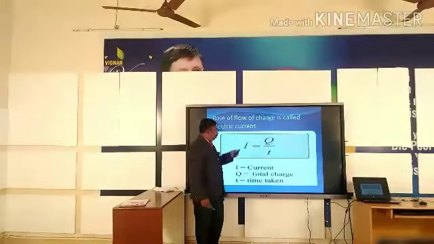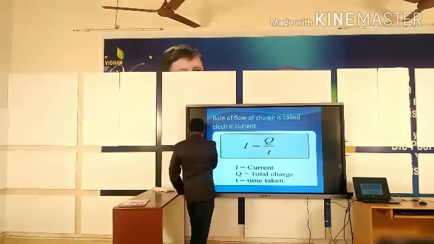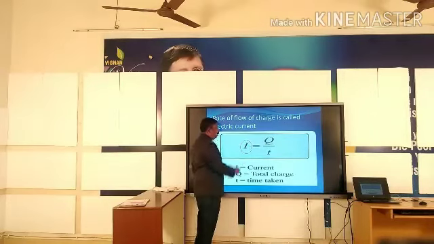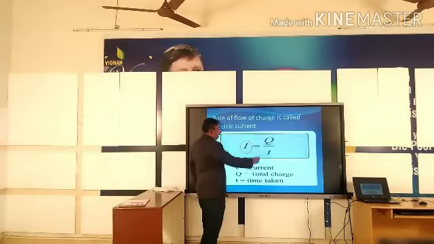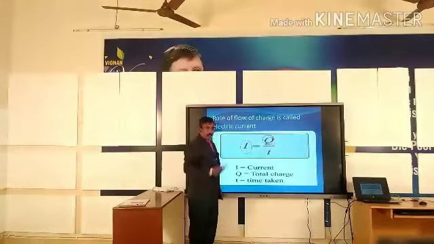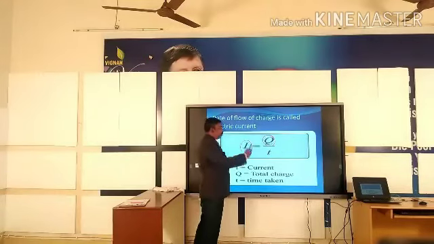So let me see in detail now. The electric current is denoted by the letter I, and the amount of charge is denoted by the letter Q. Which one is carrying the charge here? Electrons are carrying the charge. So electrons, how many